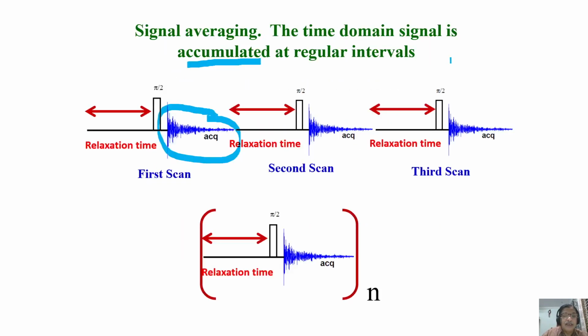Now the question is, if you want to do a proper experiment, you need to repeat the experiment with an appropriate delay. In the previous example, I gave you relaxation time here. What is this relaxation time? If I have to repeat it n number of times, let us say I send the pulse here, immediately I send another pulse here, immediately I send another pulse here, without waiting for the nuclear spins to relax. Then what will happen? You must understand what is happening.